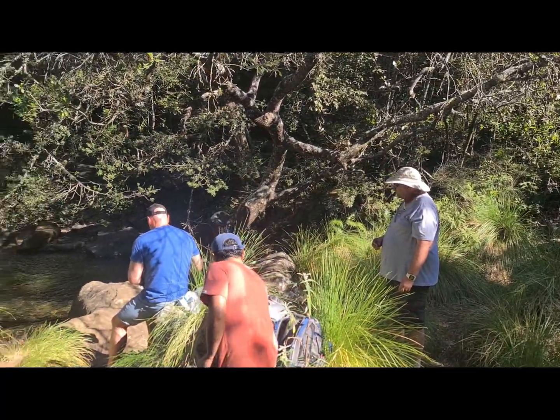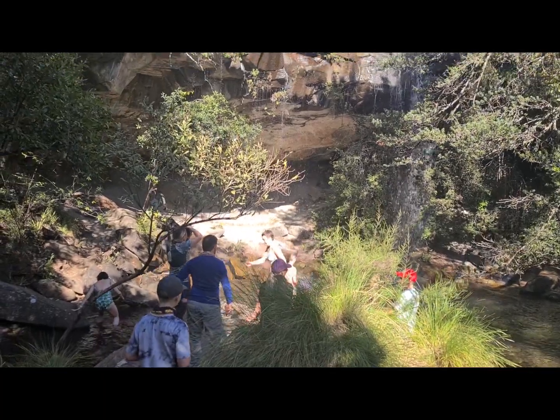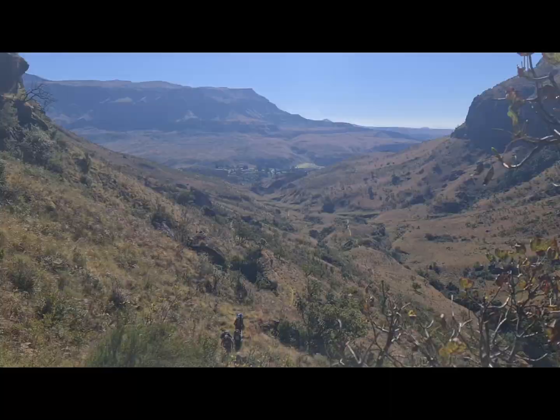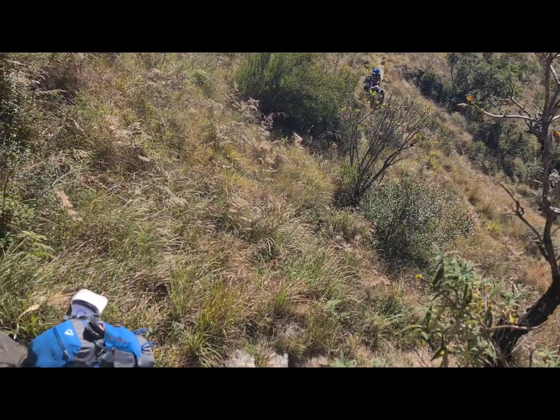Enjoying ourselves in the sun, sweating. We are now at Doreen Falls, and some people are going for a dip. So nice. Walking up the valley, leaving Cathedral Peak Hotel behind, and it does get a bit steep,